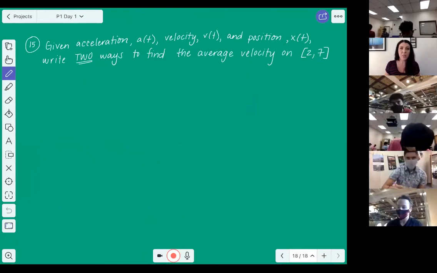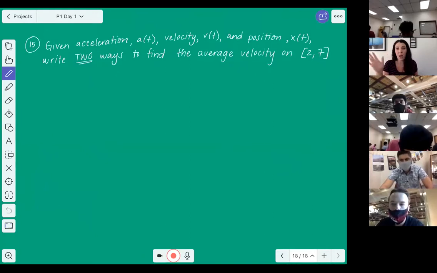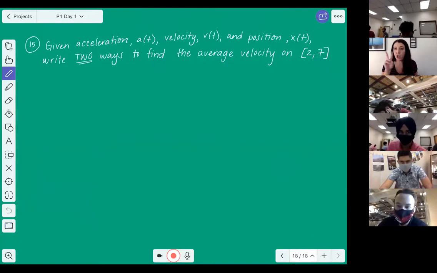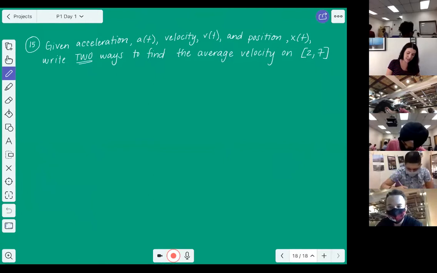Okay, so it tells us we're given 3 functions. We're given acceleration called a of t, velocity called v of t, and position called x of t. Those 3 functions, we're not told that a of t equals t squared plus whatever. It's just called a of t, v of t, and x of t, okay? And what I want to do is write 2 ways to find the average velocity, using those different functions, on 2 to 7. Okay? Now, average velocity, please write this down,